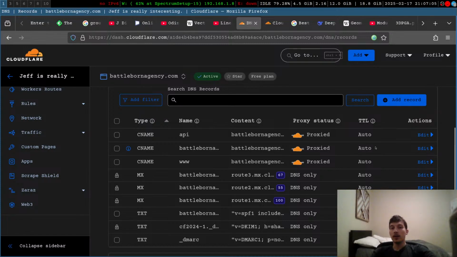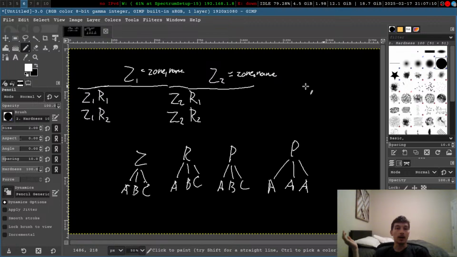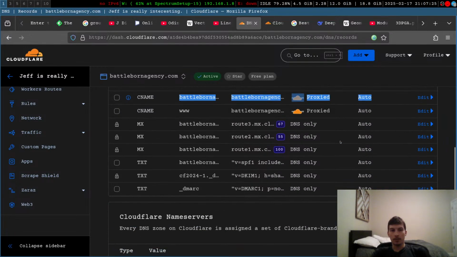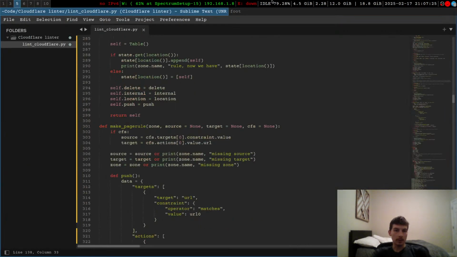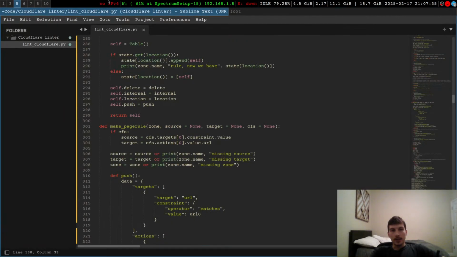And okay, why don't you just use the ID? Because the IDs are unique. Well, as we said before, that is proprietary, closed, something we don't understand, right? So what do we understand? We understand that the description of all these things together is a unique thing, whether we're talking about a record, a page rule, a rule, or whatever it is. So we just define, instead of saying ID,